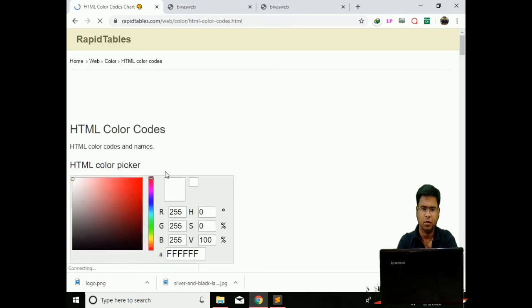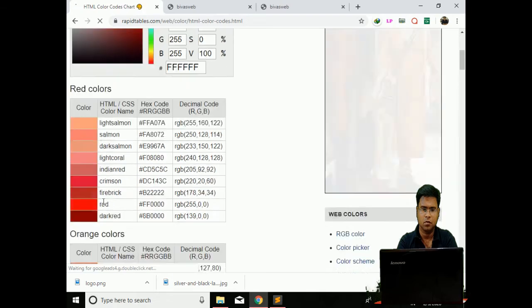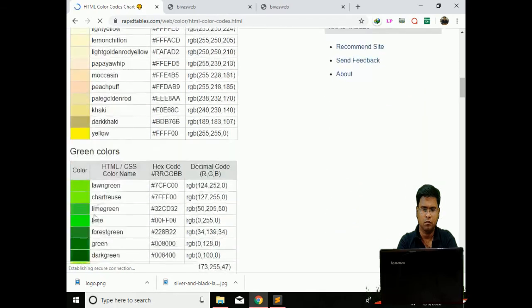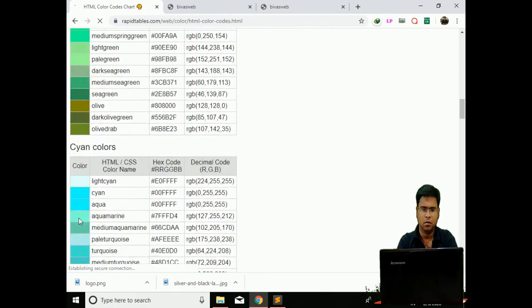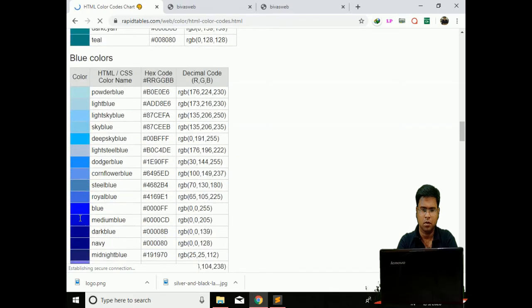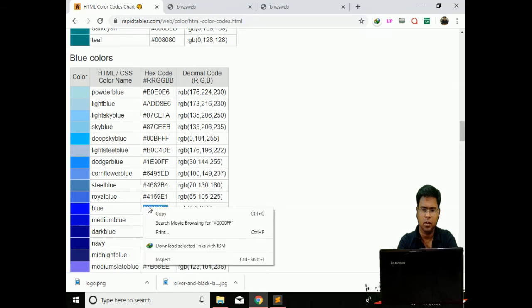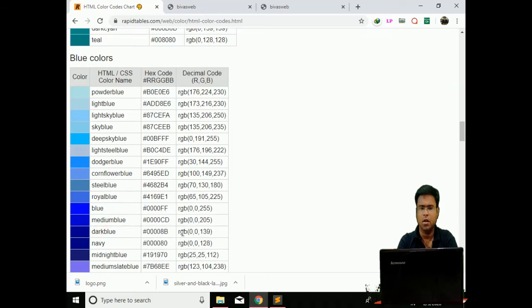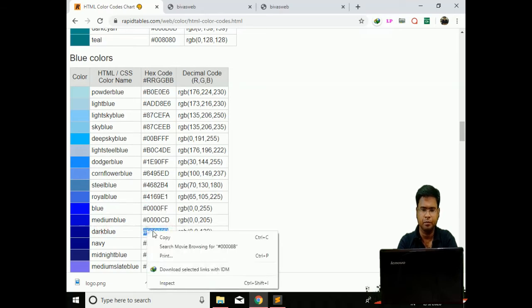This is the website, I can check the color from here. You can take this color. All the codes are written over here, and the equivalent decimal RGB codes are there. Take whatever color you want to use.